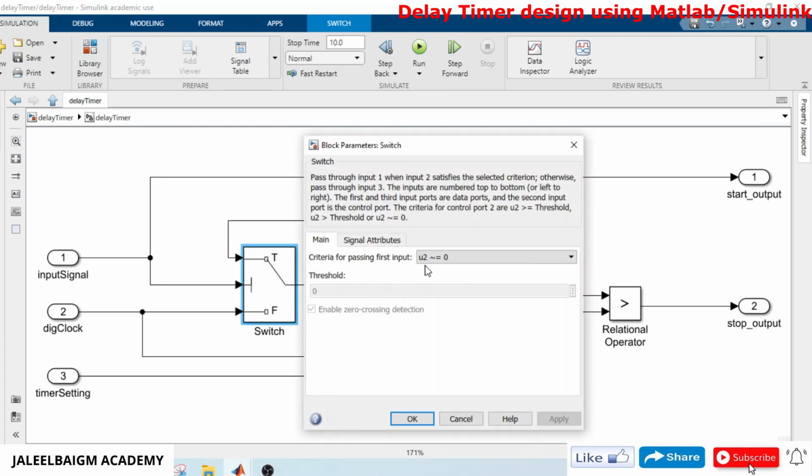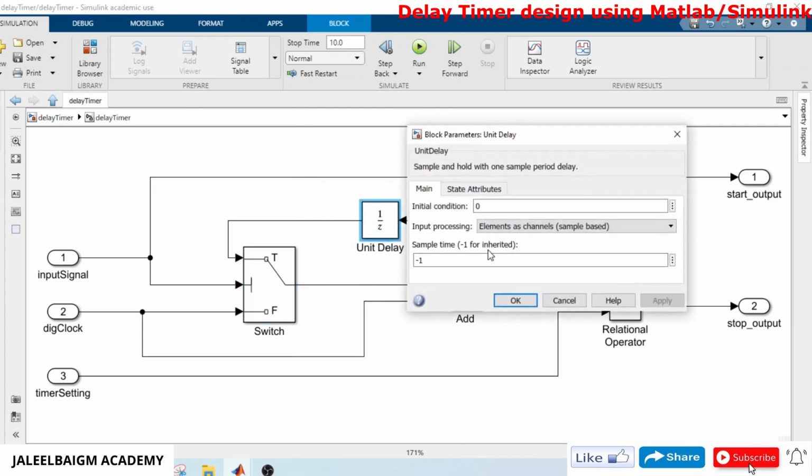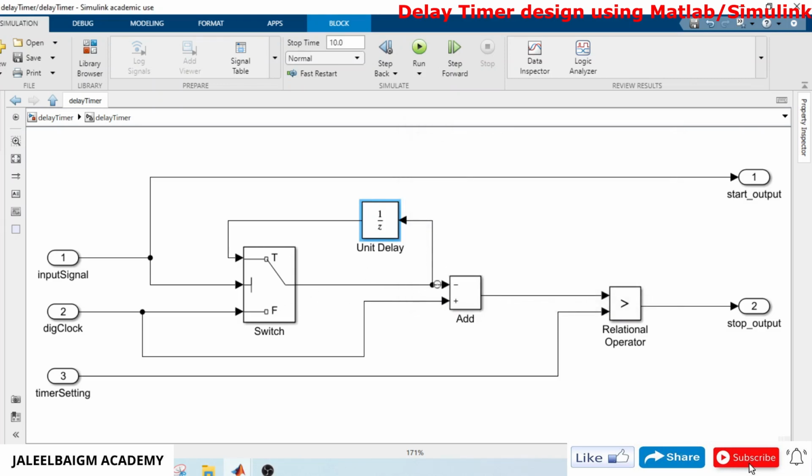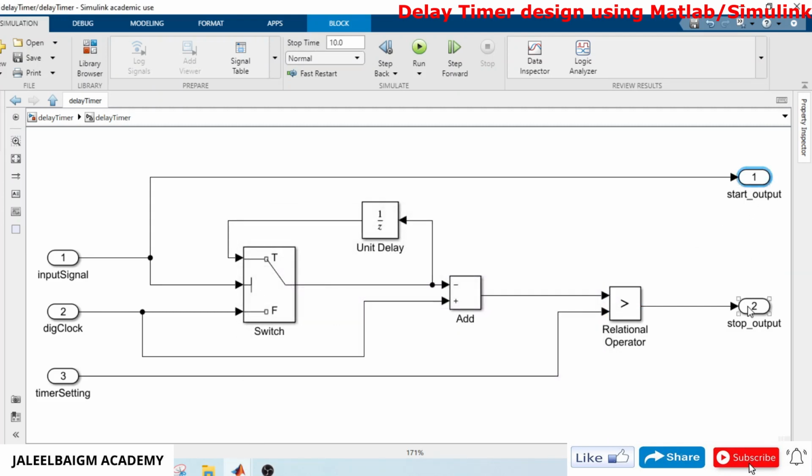I have used the passing input criterion U2 is not equal to 0. And I have taken a unit delay timer, and one add block and one relation block, and two output ports, and named them as start output and stop output.